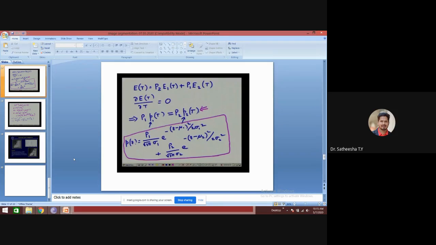If I assume the Gaussian probability density function, in this case the overall probability P of Z is represented as shown there.